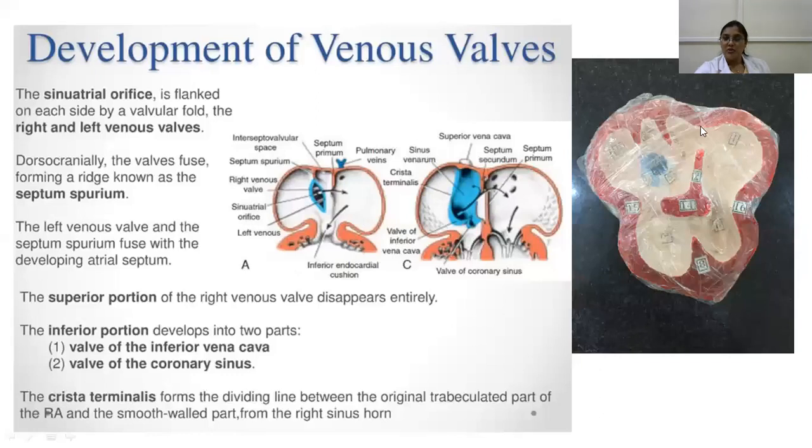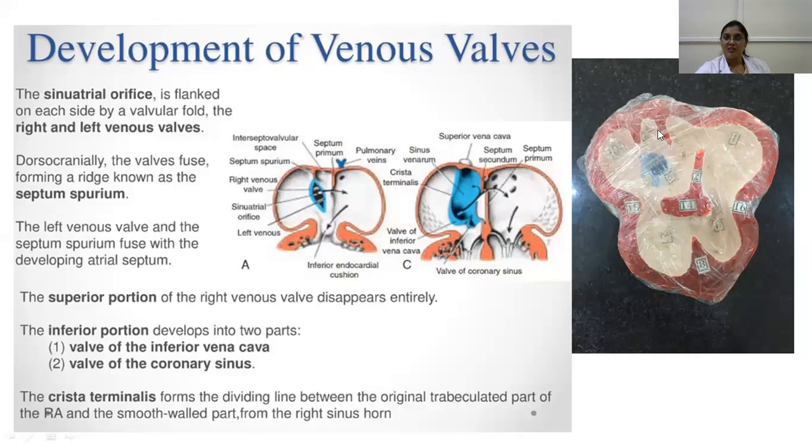Then coming to here, this is a section of a model showing you the interior of the developing heart. Here the septa are not yet formed. Whatever this red color is, this is all the wall. You can make out the formation of the four chambers, but they are not completely separated. Here you can see these are the two atria and these are the two ventricles. If you come here, this is the right atrium, this is the left atrium. And you can see the sinus venosus opening. This is the sinoatrial opening.